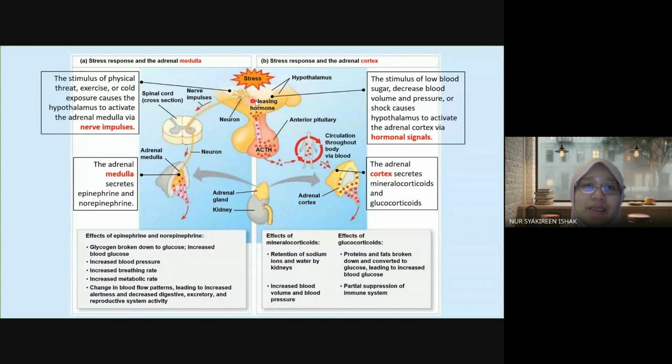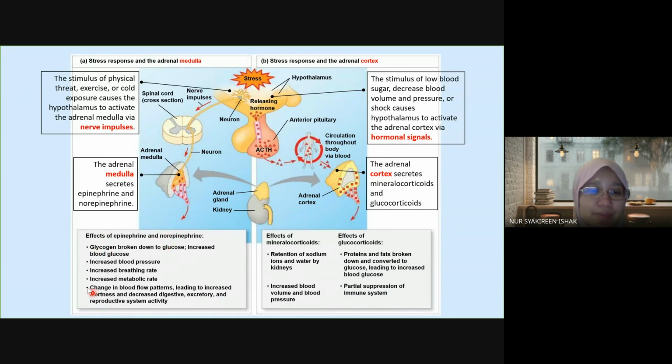Okay, so this involves the transmission of impulses to transmit instruction or information that your body is under stress condition at that point of time. Okay, you are in a state of this condition, a physical threat, for example, and then that impulse will trigger the adrenal medulla to secrete epinephrine and norepinephrine. Okay, secretes only, it doesn't produce. And then these two hormones, which also function as neurotransmitters, will be transmitted into your blood circulation to cause all